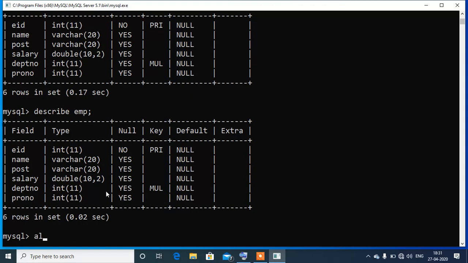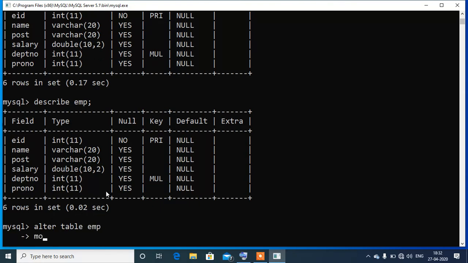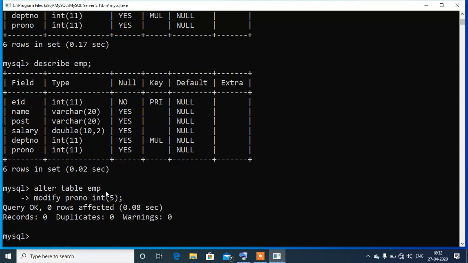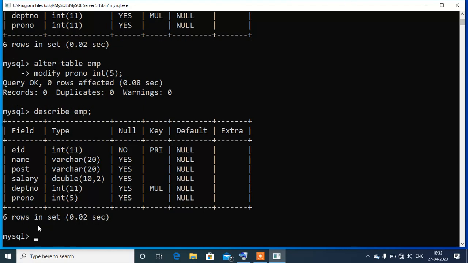So at that time we can write alter table EMP modify column name, pro number, with the new data type, that is int 5, semicolon, enter. Now again if we look at the structure of the table, you can see the pro number is having int 5 as a data type.